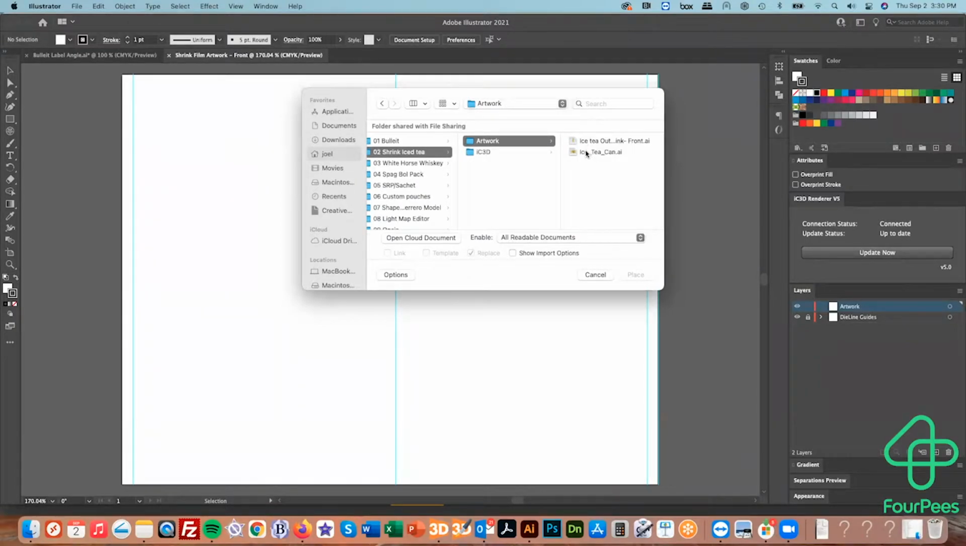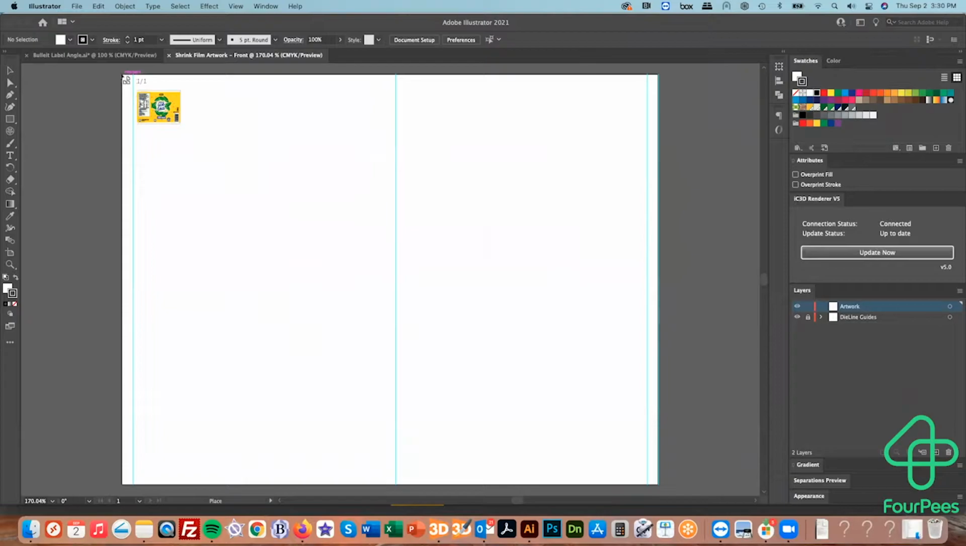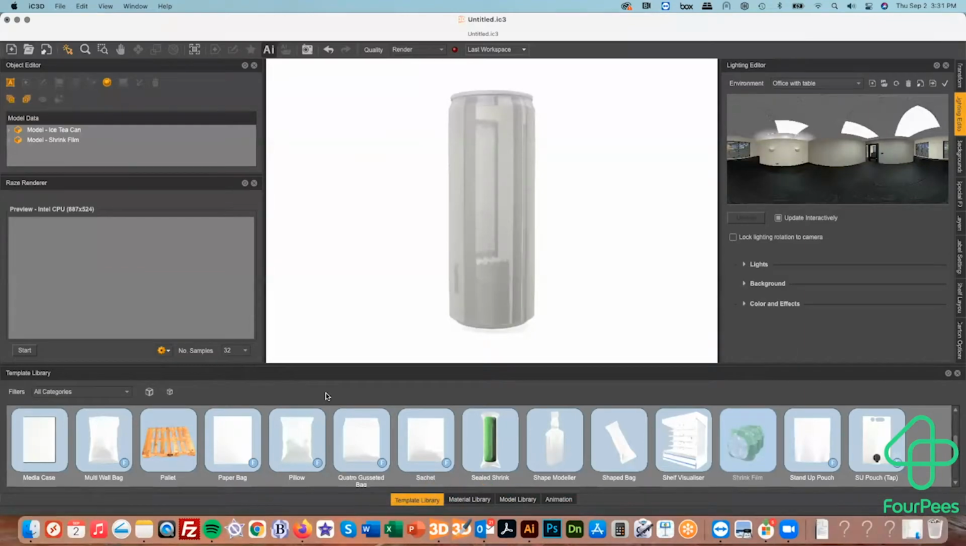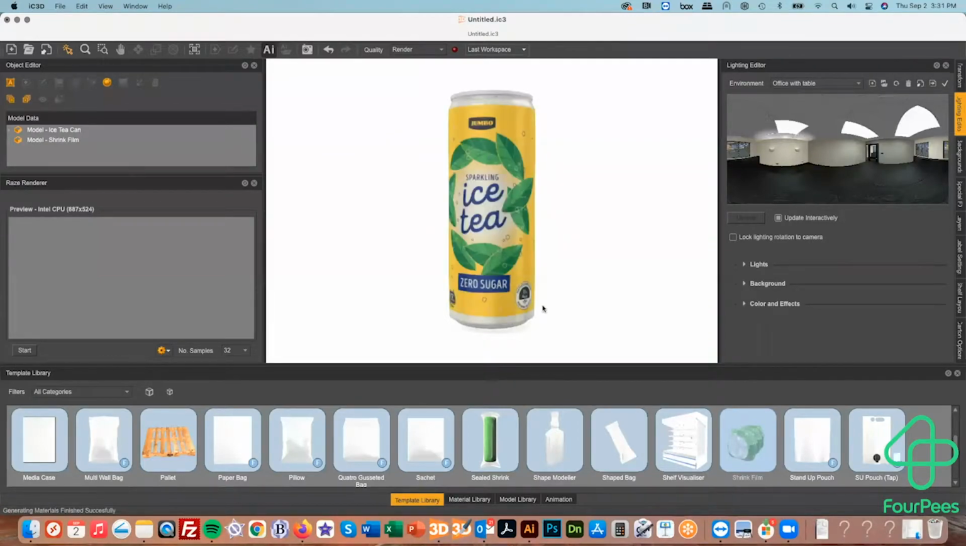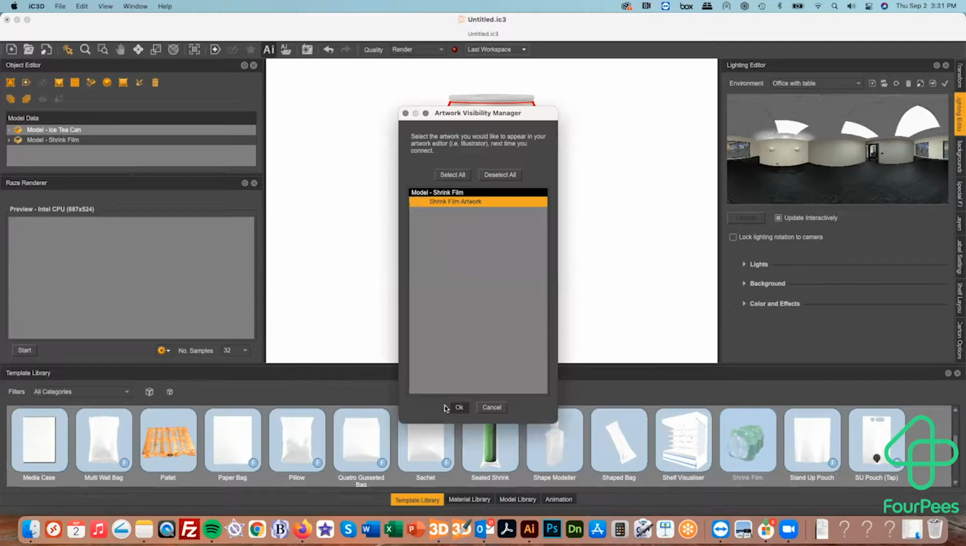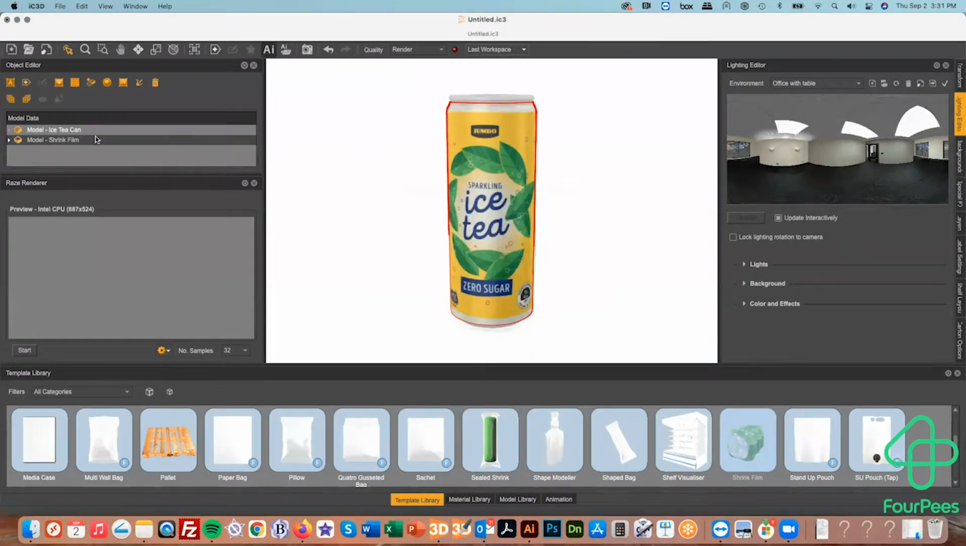So I'm just going to grab my can artwork and place that inside here and update that back to iC3D. Okay, so there's my single can. Once I've done that, I can come in here and switch off the artwork file, and then group this. We have grouping tools like you'd find inside Illustrator, to make it all one, to make it easier